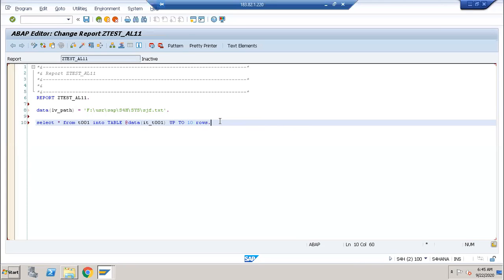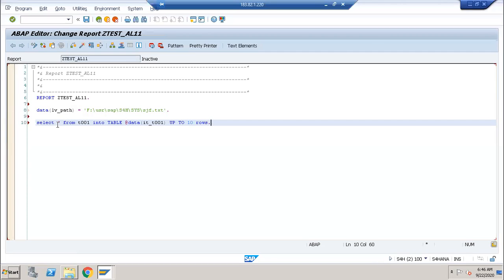Inline declarations mean it is not required to declare the internal tables, work areas, and variables directly. We can take them in the select queries, or we can directly pass the values in this way. Here I am providing @data(it_tw01), which means it will automatically declare the internal table. Which fields will it declare?